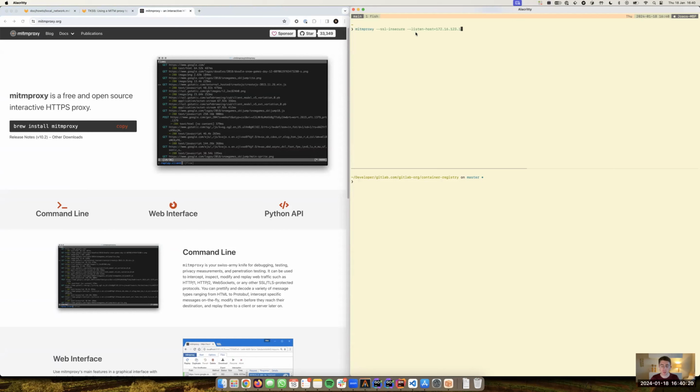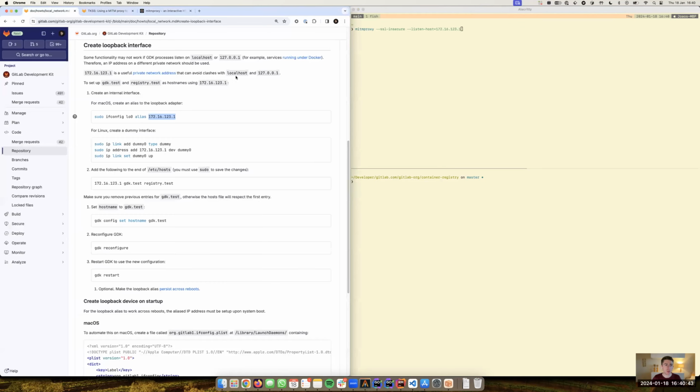And additionally, if your Docker daemon is running within a Docker container, or a container for that matter, in order to make it able to talk with the man-in-the-middle proxy running on your localhost, we need to use an IP address for that. So something we can do is use a loopback interface.